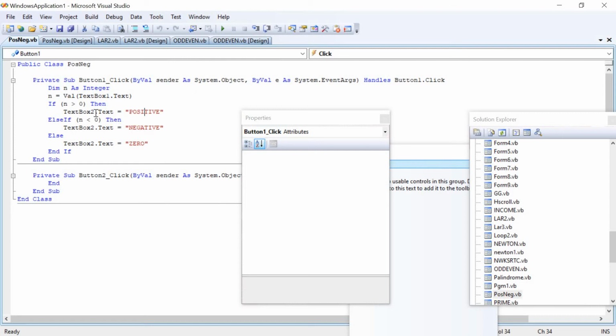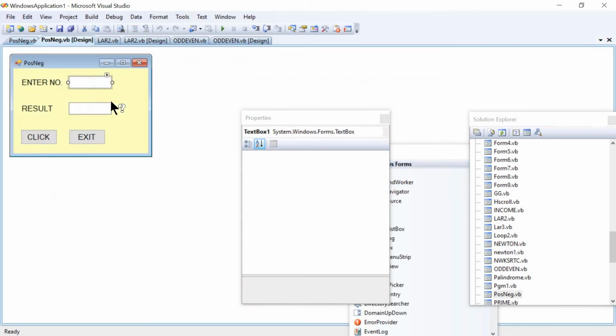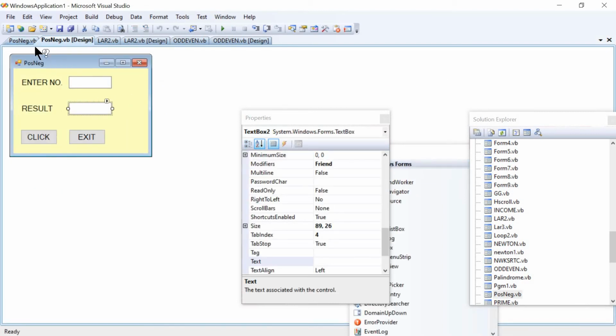Think that if condition 1 is false, then this will go for checking the second condition. Else if, here comes the second condition: if n is lesser than 0, then what happens? The message will be negative, and this will be displayed where? In text box 2, right? Okay.